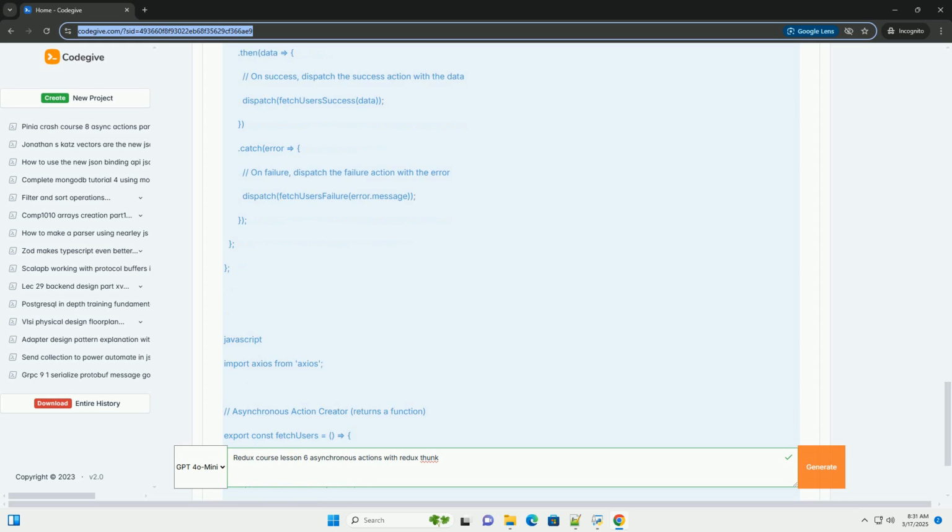4. Creating asynchronous action creators. This is where the core of using Redux Thunk lies. Instead of returning a plain action object, you return a function from your action creator. This function will be executed by Redux Thunk when the action is dispatched. Let's consider an example of fetching user data from an API. Explanation: